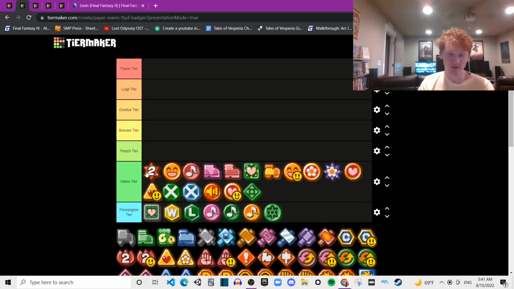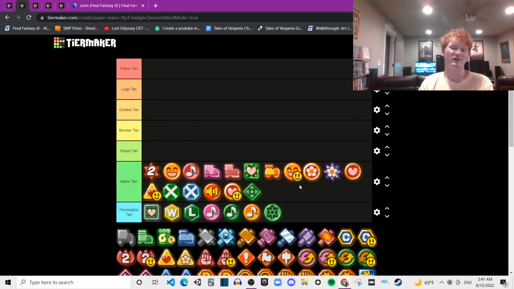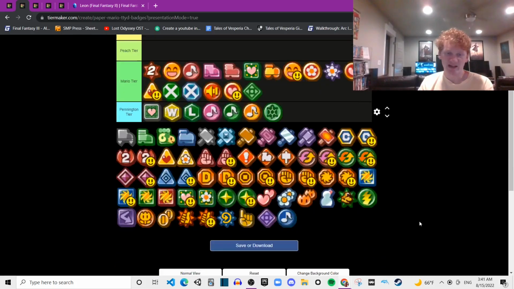He beat it for me because I couldn't figure out why it was so hard. And then we realized that we had double pain on. I don't know why we didn't realize the 0 BP dealing double damage would be like the best thing in the game. But it's just we were dumb. But like double pain's not great. Now the reason that it's above all these other badges is because if you use it with the next badge